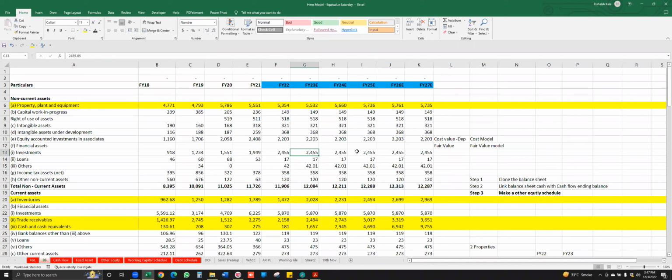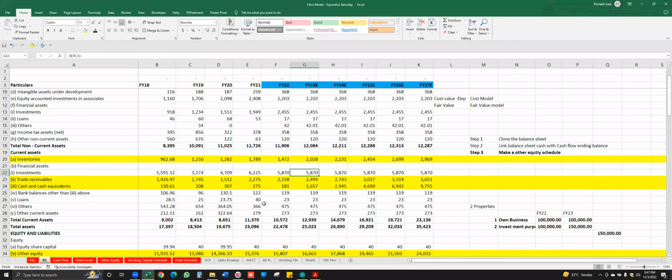As of now it is just investment. That depends if there is an adjustment given. Now I've just assumed that if the assets have changed, obviously it is assumed that you have purchased through cash. Link the balance sheet with the cash flow ending balance. Try changing only one number. First change only one number and then try to change the next. Over here,